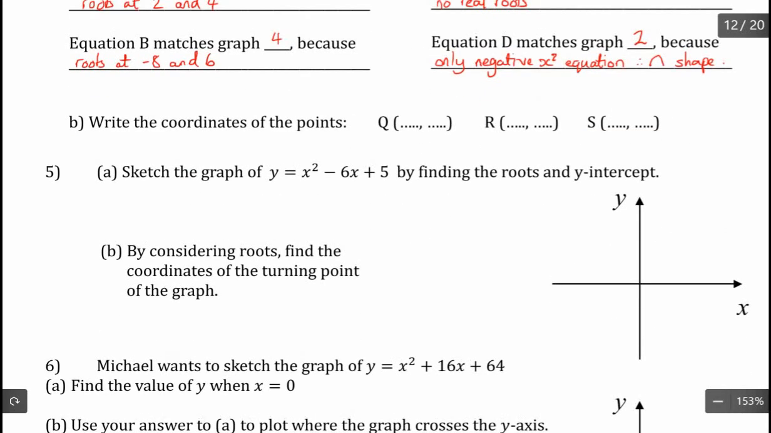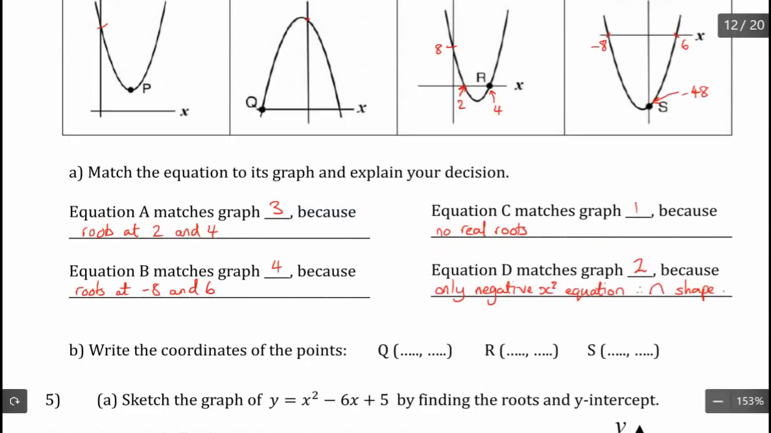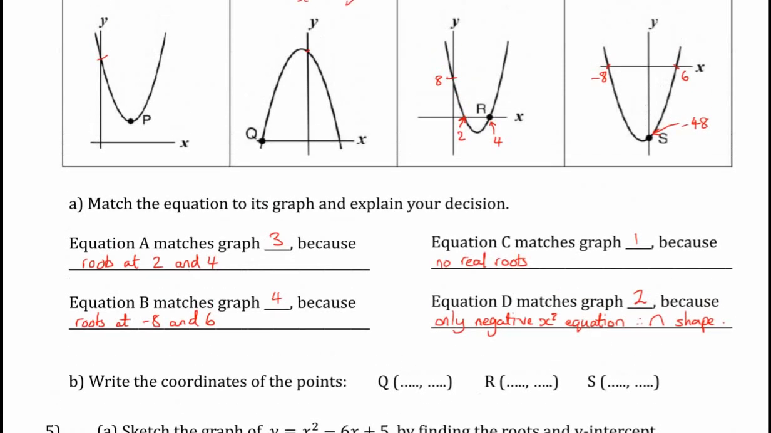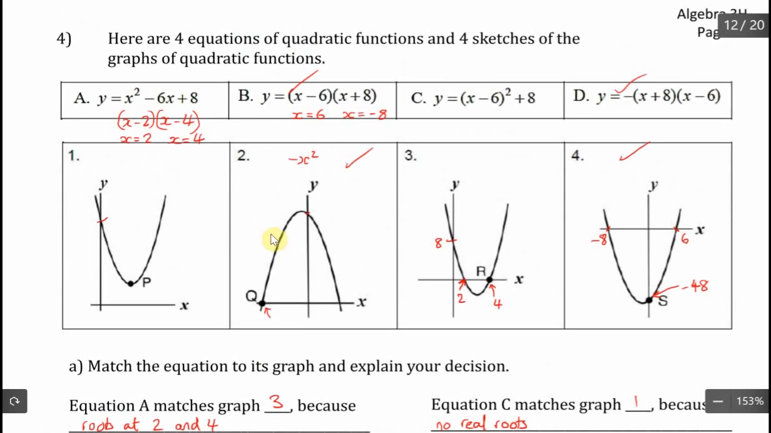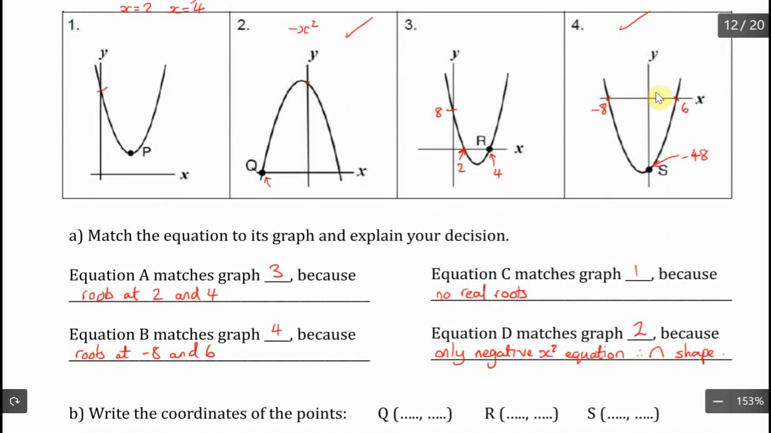Part B, write the coordinates of the points Q, R and S. So we've identified some of those already. So Q is on graph number 2. It's the lower root, and that was this one, and that will be -8. So -8, 0. R is here, we've shown where that is already, that's at 4, 0, and S is at